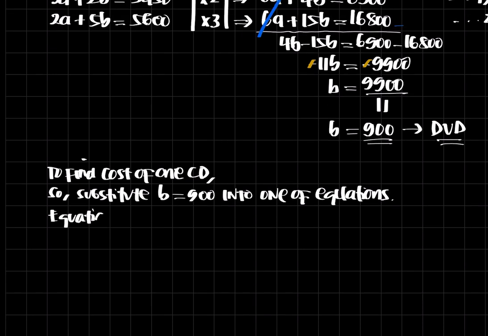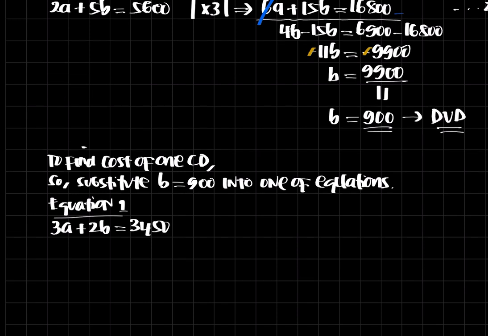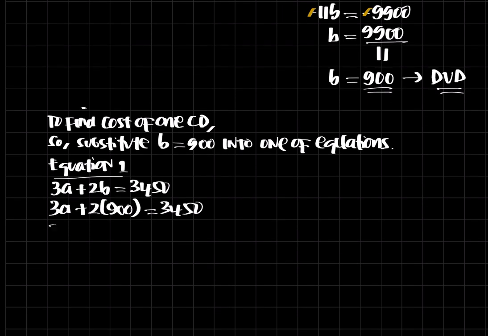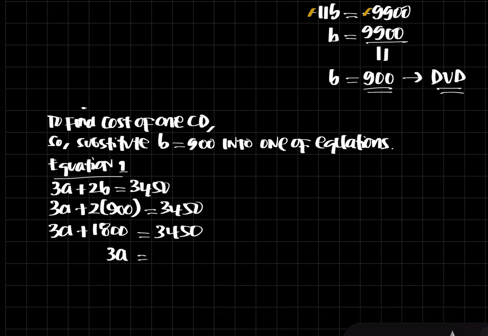So 3a plus 2b equals 3450. b is 900. 3a plus 2 times 900 equals 3450. So 3a plus 1800 equals 3450. So then you subtract, you move the 1800 to the other side. Then you will get